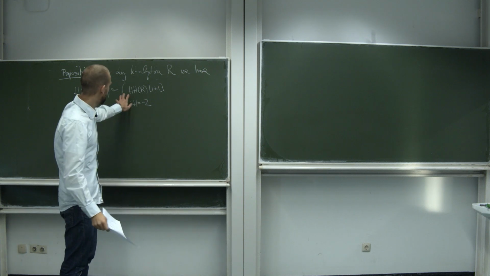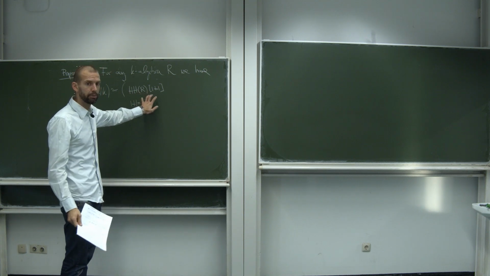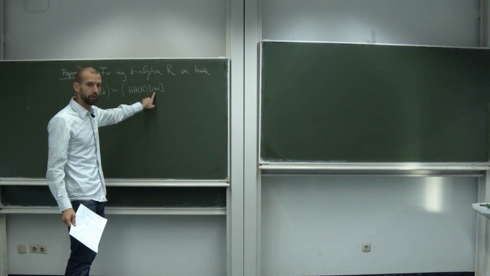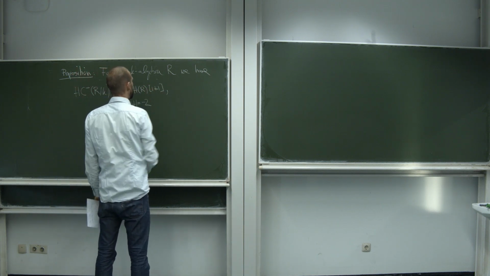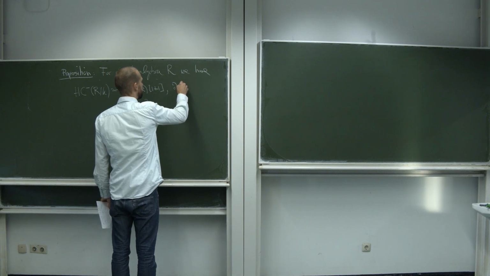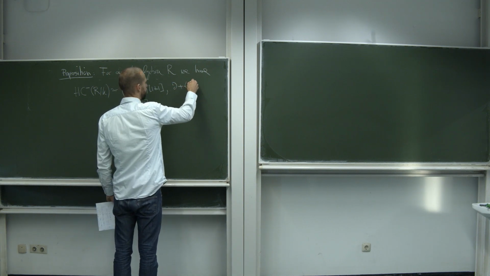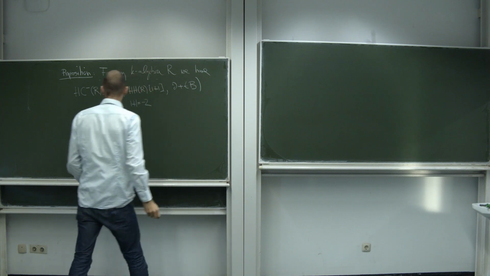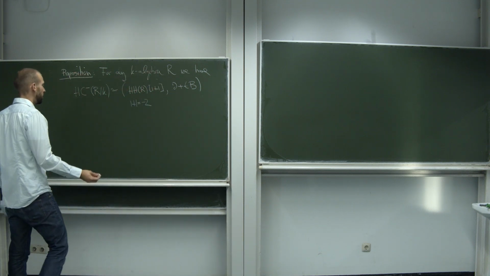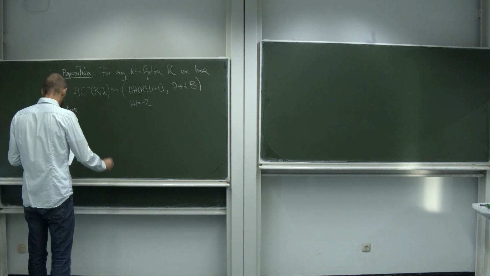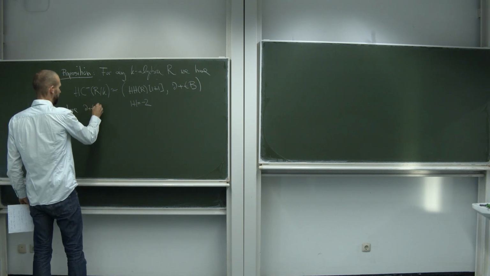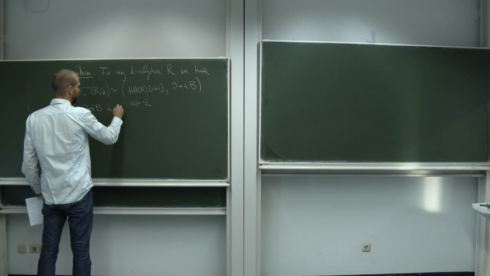Right, in other words, this is, as a graded abelian group, just an infinite product where for every further copy of T I shift down by 2. And then I equip that with a differential, which I denote ∂ plus TB. What do I mean by ∂ plus TB? Here, ∂ plus TB is defined